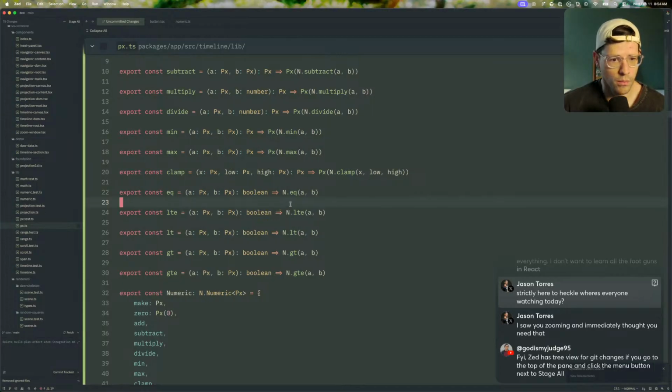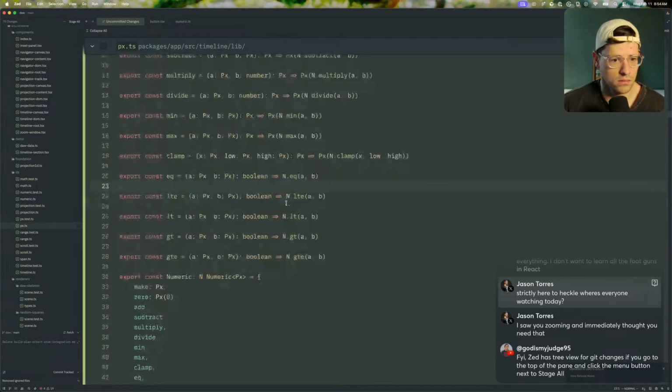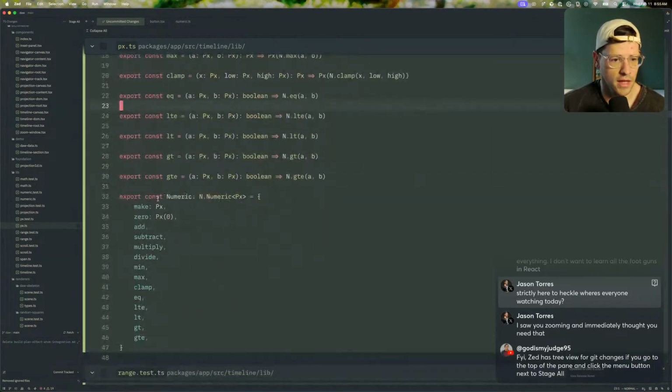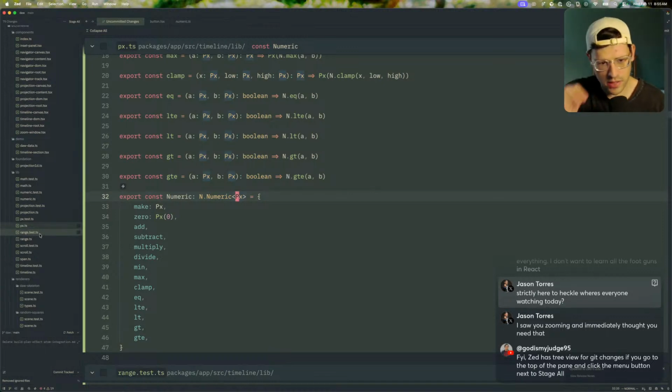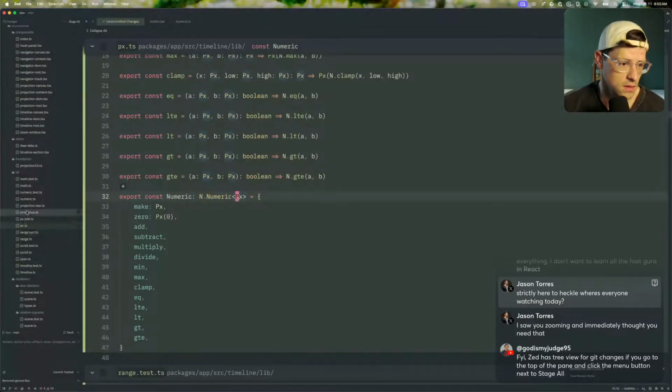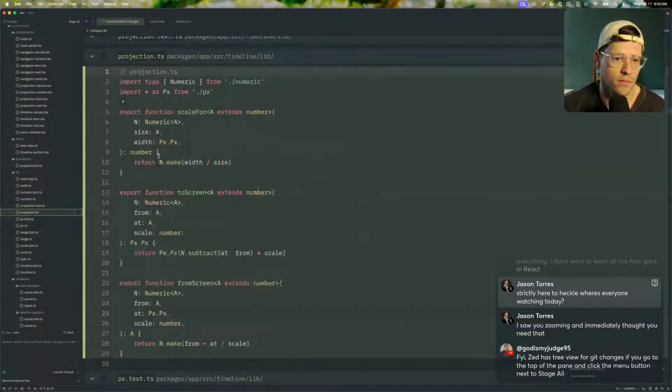And because we know that it implements these, we know that we can operate on pixels. And we will be able to guarantee with types that a pixel came in and a pixel came out. Or in some cases, as is the case with projections,